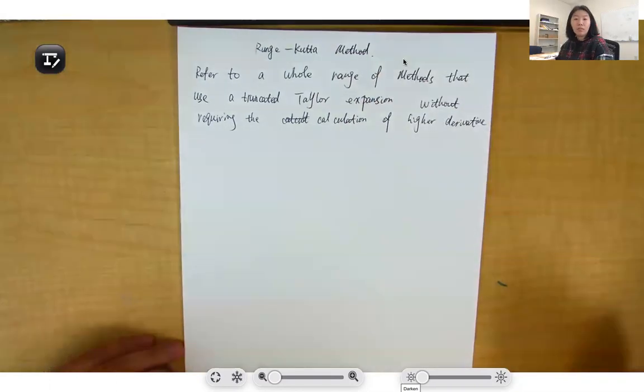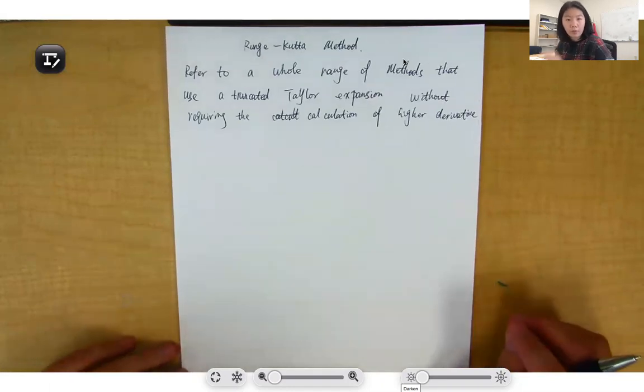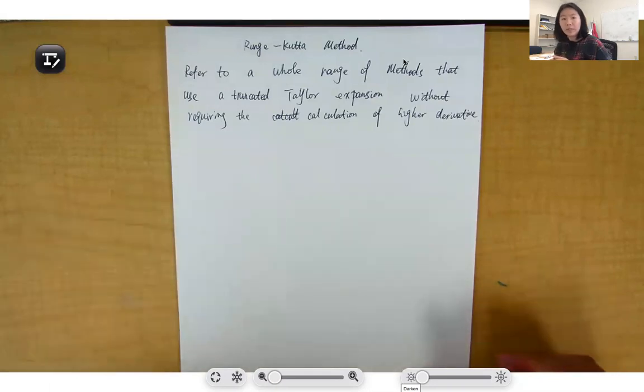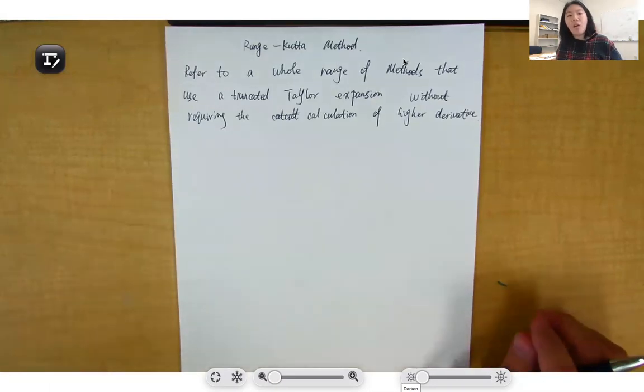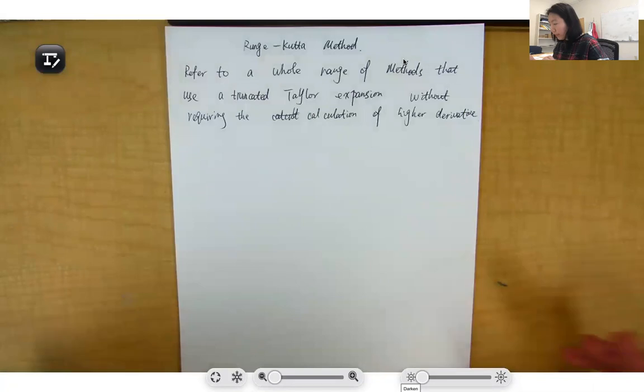Okay, so we talked about Euler's method and modified Euler's method. They are first order and second order Runge Kutta. There are higher order Runge Kutta methods, and basically the ODE functions inside MATLAB are based on the Runge Kutta method. So without calculating higher order derivatives, we use